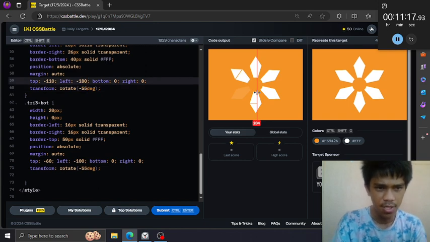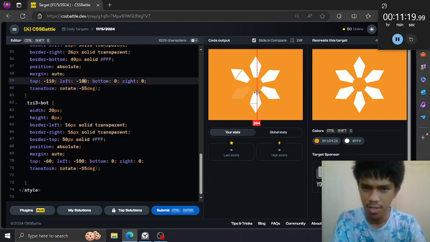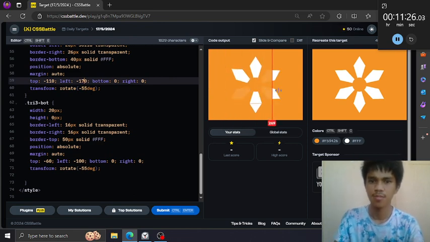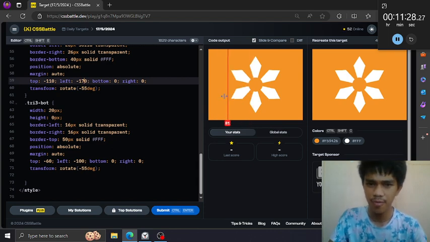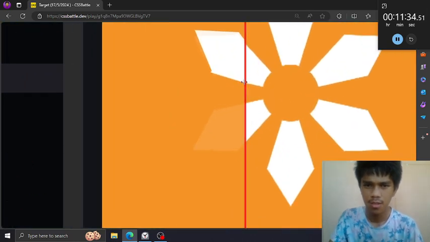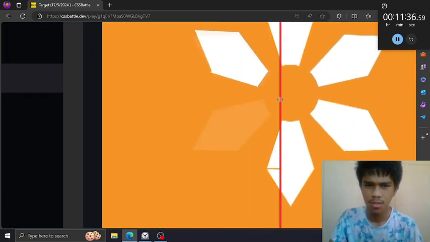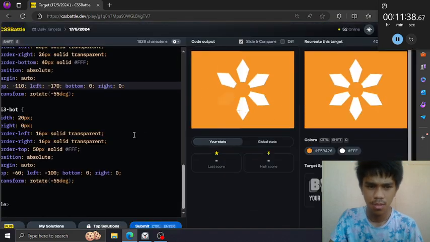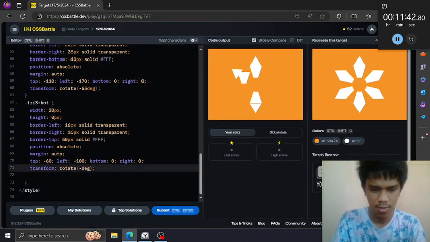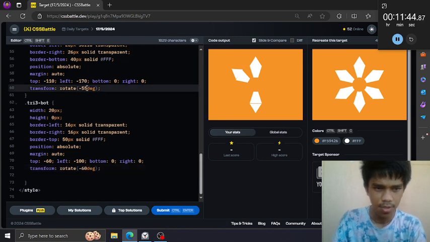We need just a little adjustment here. Okay. But we can clearly see that it's moving and it's not right. Maybe we can just rotate more out of this.